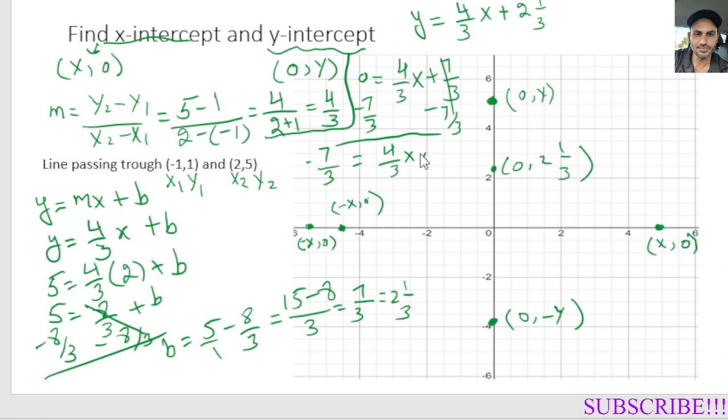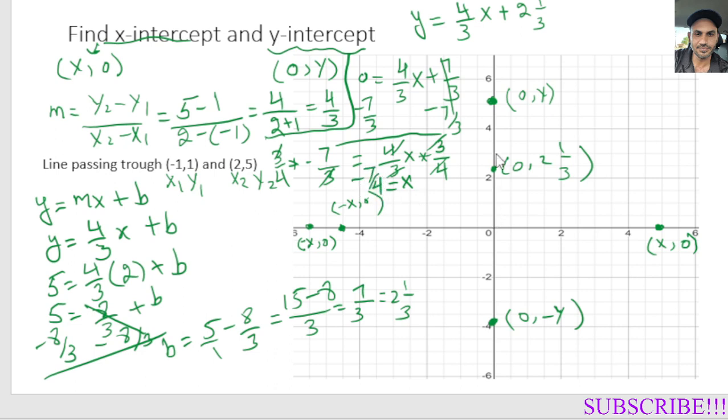And then we multiply both sides by the reciprocal of 4/3 to cancel this. And we do the same thing here. So on this side we are left with x. And on this side we get negative 7 over 4,